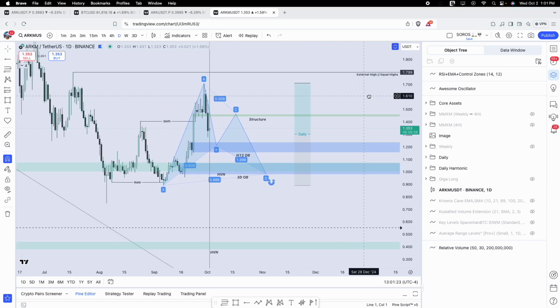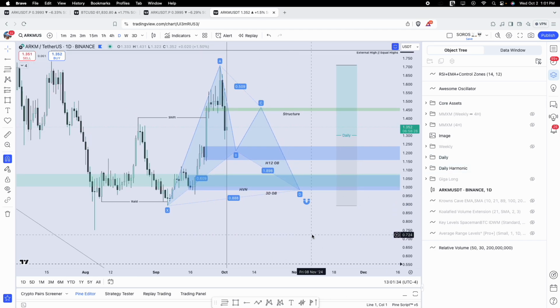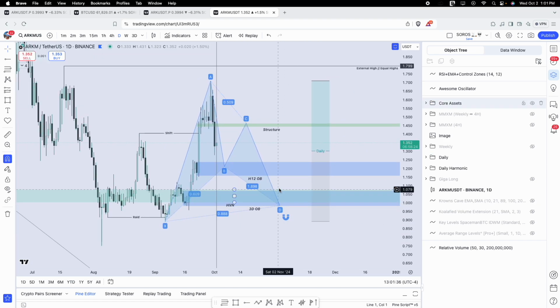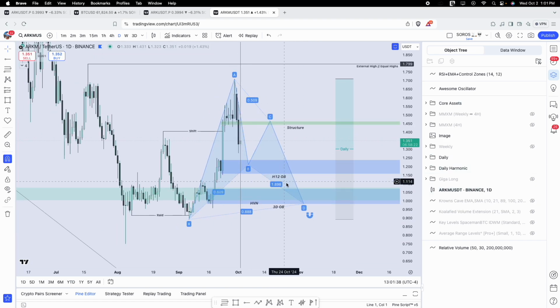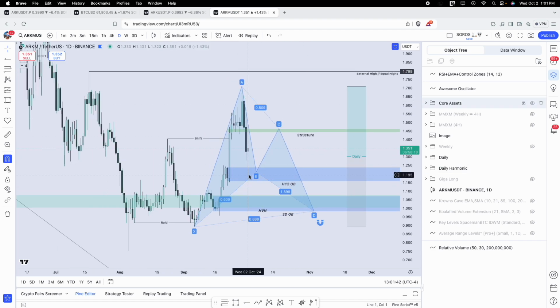And then you could see where the 886 kind of lines up with the high volume node and the 3-day order block. So pretty much everything is pointing in this direction for a larger swing trade. We might not get there, right? Like there is no certainty with trading. It might just hold this demand zone here and then take off.